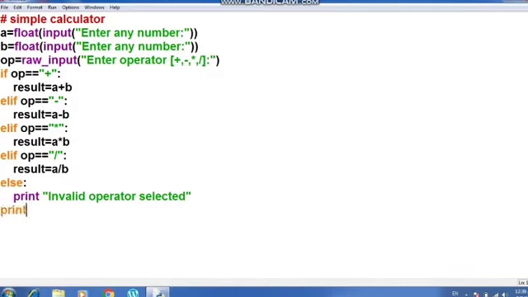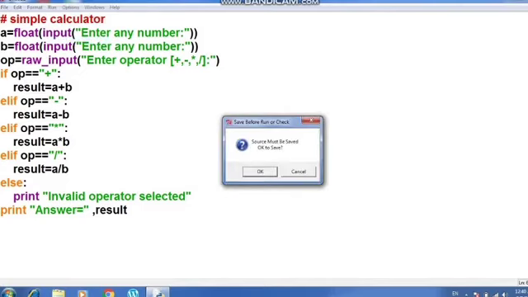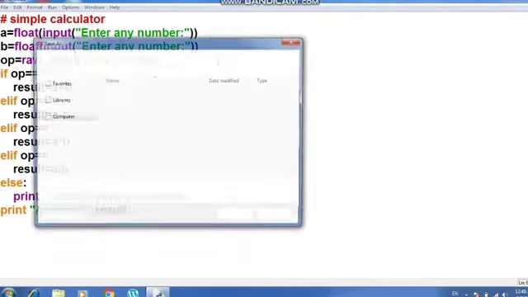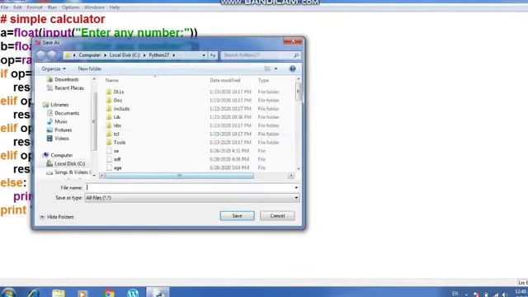Okay, so once it is done, I will go out of the if statement and I am going to print this result. So the answer is stored in result. So I have written here answer is equal to, comma, and then this result variable where the answer is going to be stored. So let's see how the program gets executed. We'll execute it once now and then I'll explain to you how it has given us the result. Okay, let's save the program here by the name calculator.